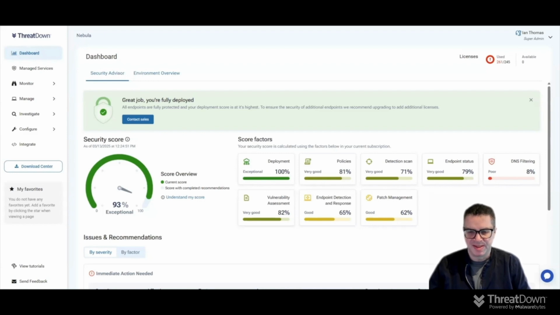And today I'm going to take you on a quick tour of our patch management solution. Patch management is a complement to our vulnerability assessment solution, which I discussed in a different video. So let's get started. What you see here is the dashboard when you first log into your Nebula account,